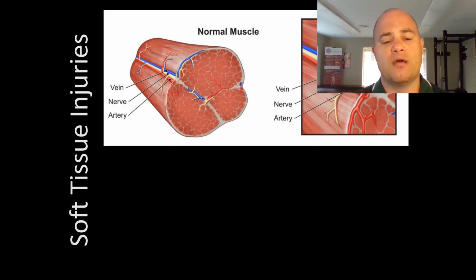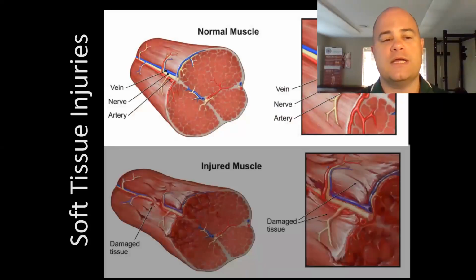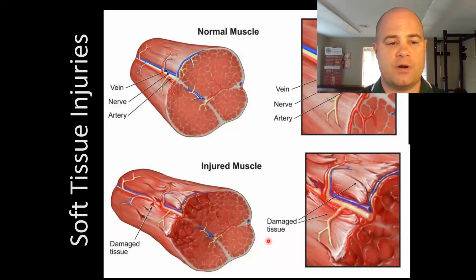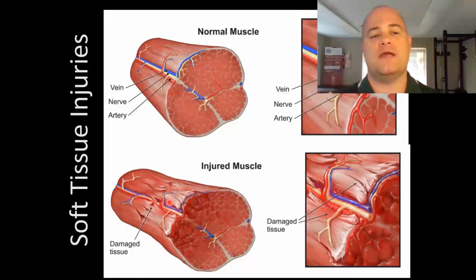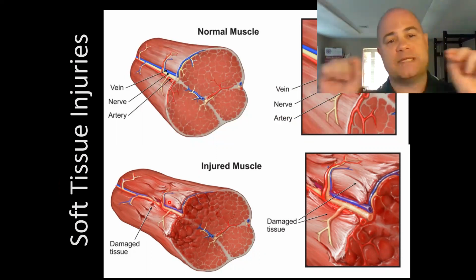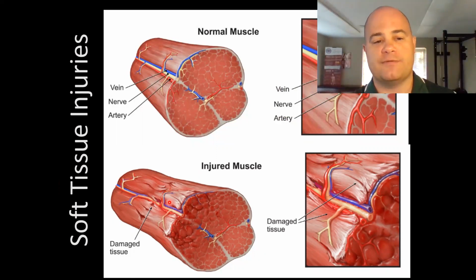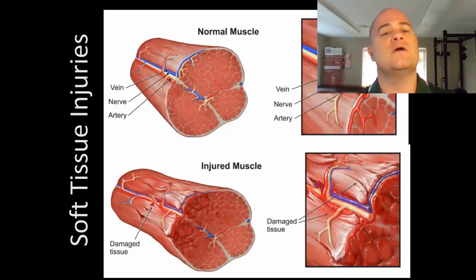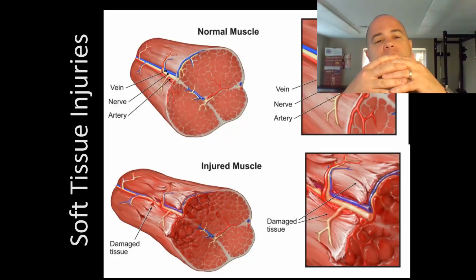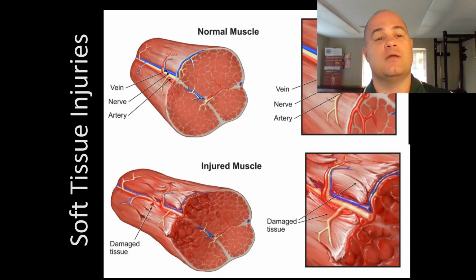Now, when you get an injury that's associated with this, basically what will happen is that you can see that there's a lot of swelling in through here. The swelling that's going to be associated with that injury, there's going to be blood rushing into the area, there's going to be damage, there's going to be possibly tearing of some of those fibers, and some different issues that are going to be associated with that. So this is what happens with a soft tissue injury, where you end up getting problems with the muscles. A strain is going to end up being a tearing of that muscle to some degree. The worse off the strain is, the more tearing that's going to end up occurring.